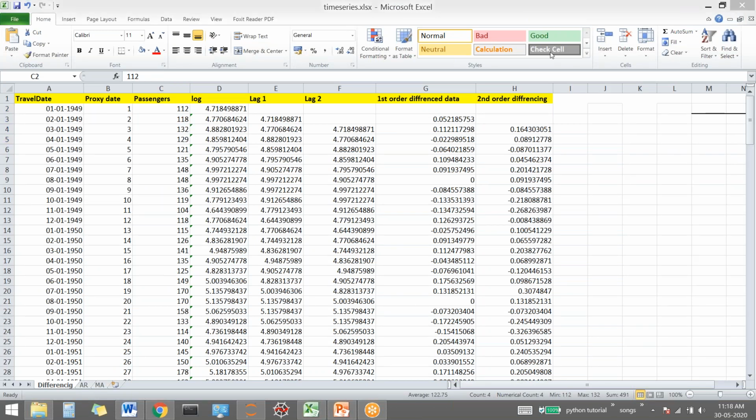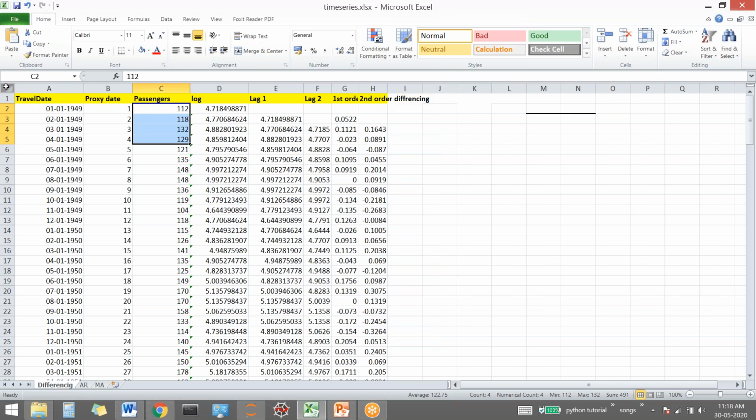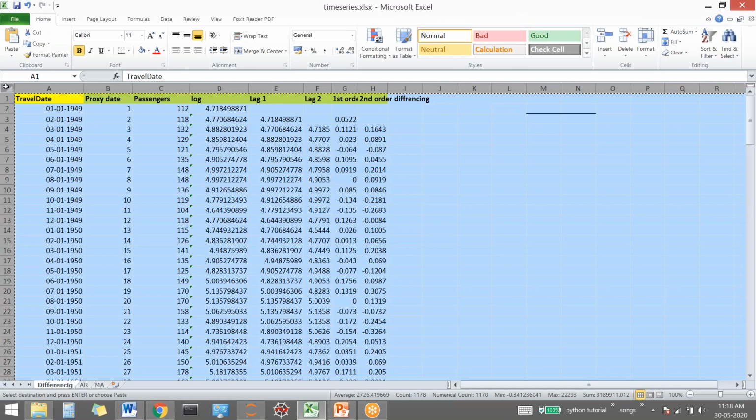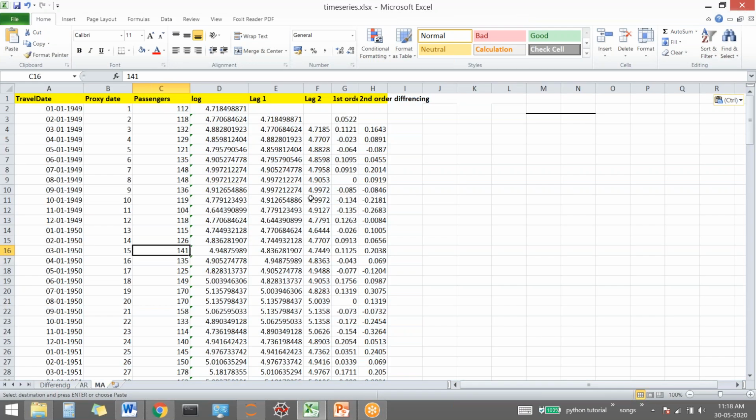How do you get to know the basic property of a stationary data? What is the basic property? I'm asking all of you. Constant pattern, okay. What else except it?